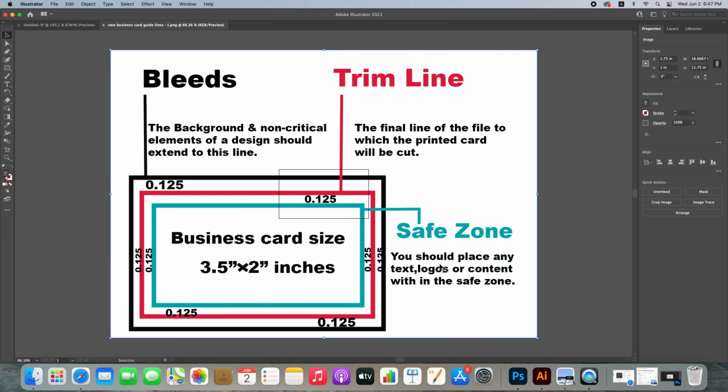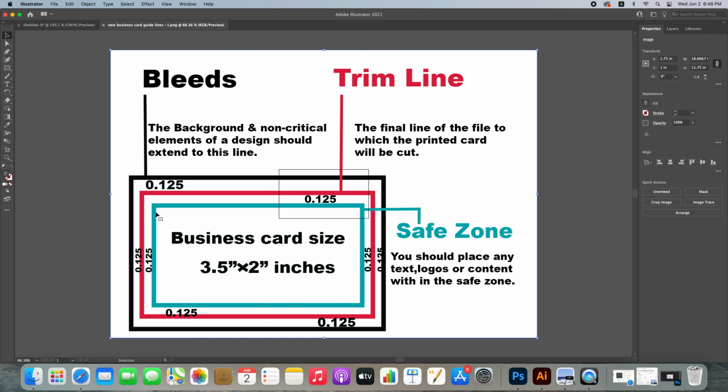The safe zone is where you should place any text, logos or content. So if you place any text outside of this safe zone, then the printing machine can cut your text by mistake.